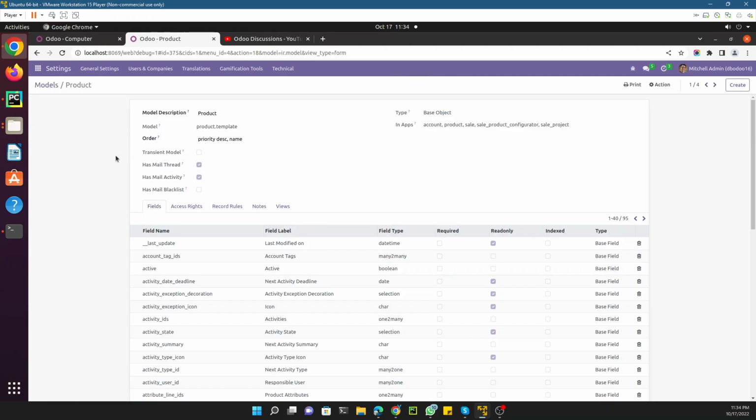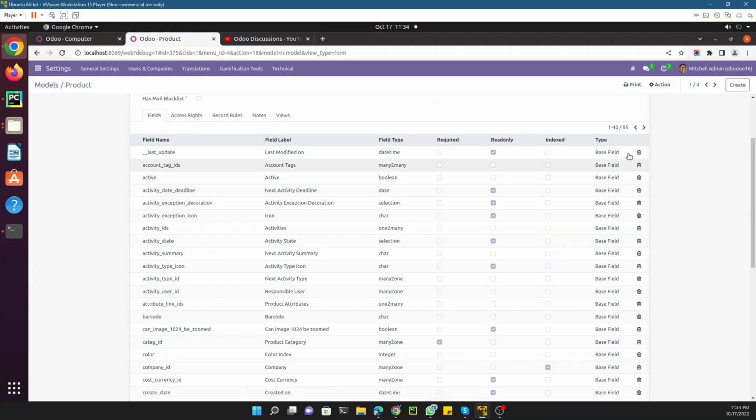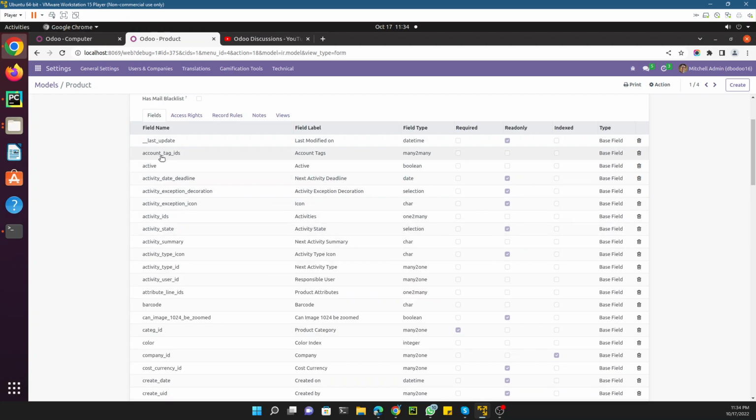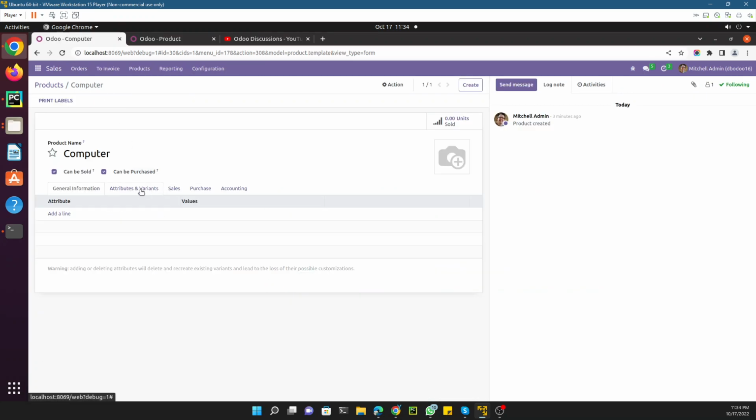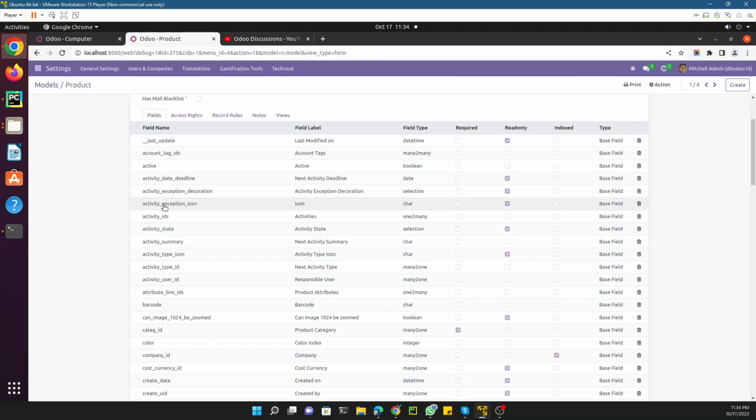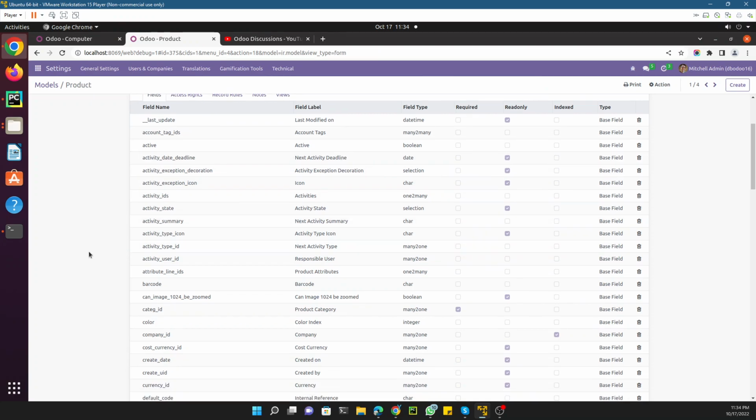So if we click on it, it will open up, and these are all the fields that are available. So total 95 fields are available. So let me just open up all the fields. So account tag ID is active. There are some of the fields that are not visible in this view because they may be invisible and it may show up on some certain conditions. But there are a couple of fields